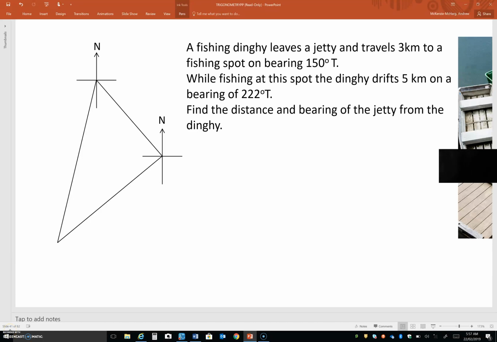We're going to continue with another cosine rule question. This one is an applied style question. So we've got a fishing dinghy which leaves a jetty and travels 3 kilometers on a bearing of 150 degrees